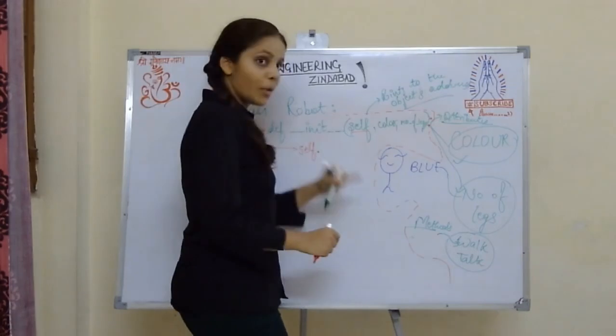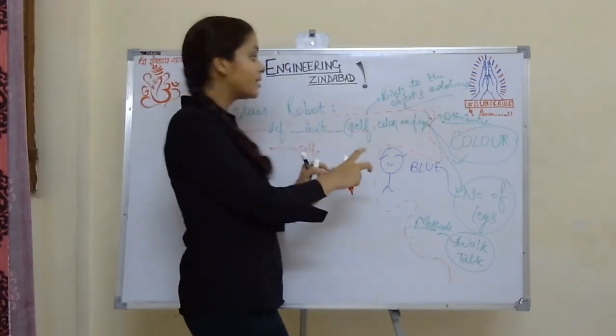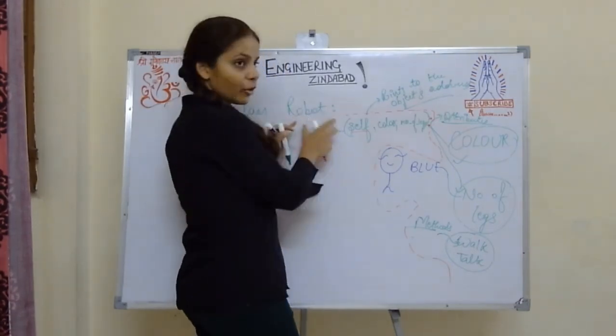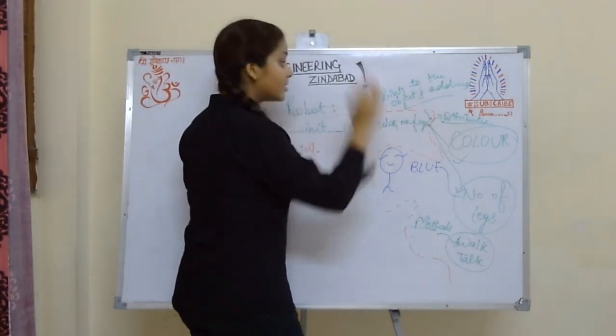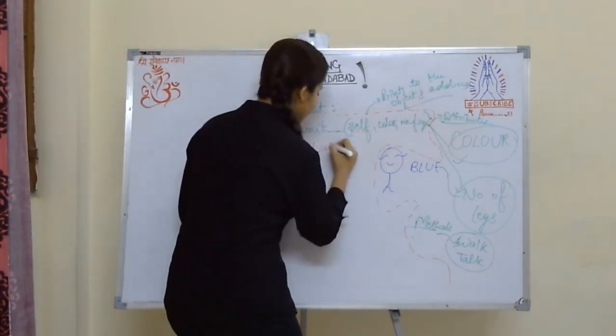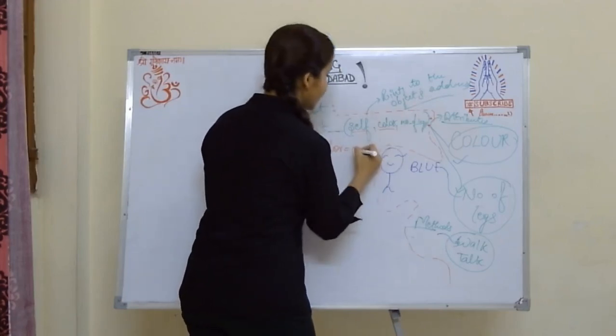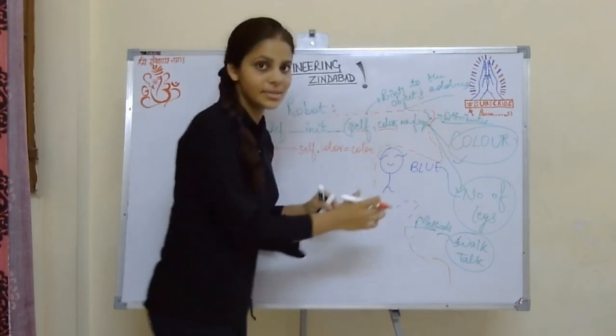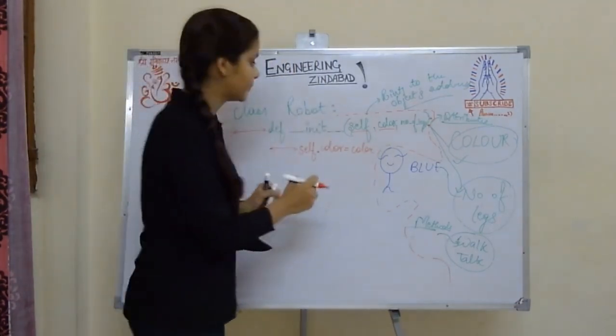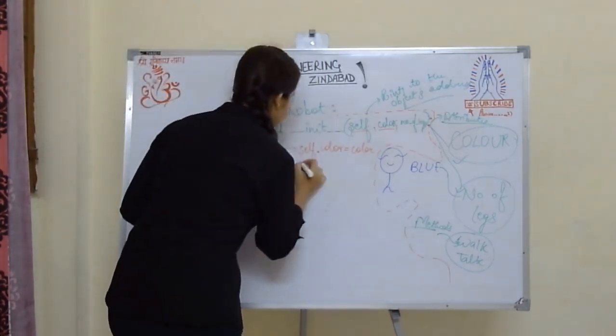Now that robot will get created from this class. That robot's color is being initialized to the color that the user wants that object to hold. Now self dot